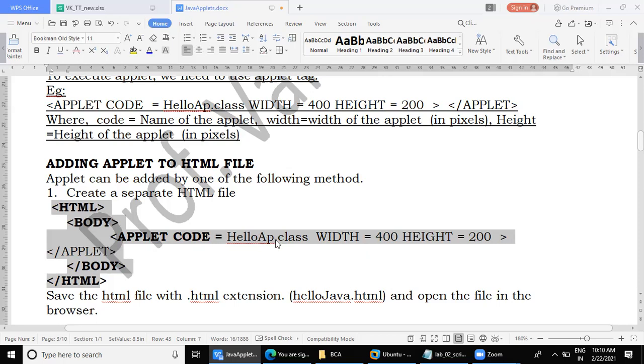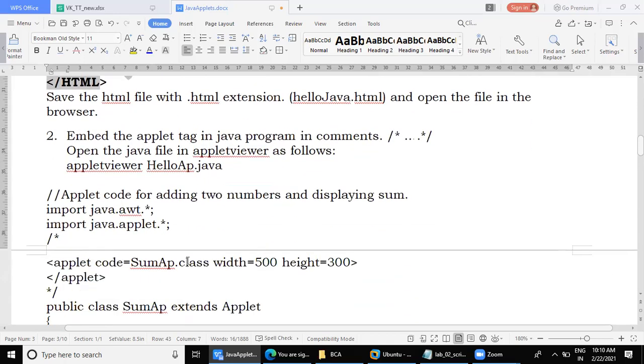Earlier we used to execute Java programs in Windows, in the javac editor there. Now we execute them in Ubuntu, but in Ubuntu I have to check how to open this HTML file, and whether all browsers are configured in my Ubuntu, I don't know. So I will just demonstrate it in the next class. I'll try it once.